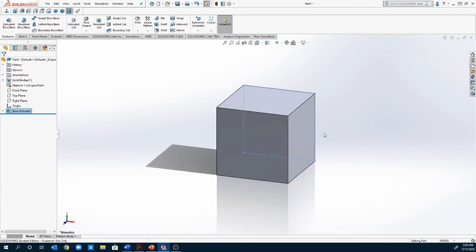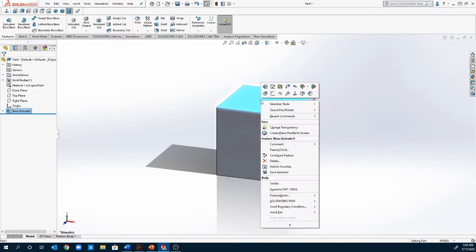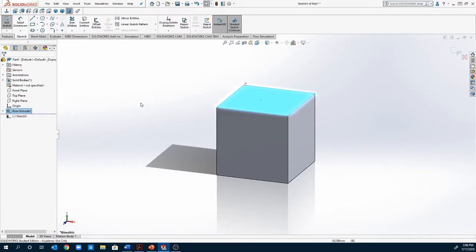But we can then continue sketching on one of the faces of this. How do we do it? Simply right click on the face, and then we can choose New Sketch to begin our sketch. If you notice, I have Edit Sketch on the top, and then I've got Sketch down here. But I'm going to click on New Sketch, and what that's going to do is open a